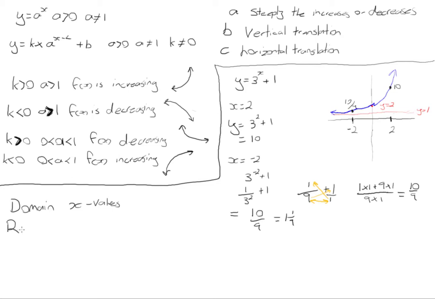And range is y values. So let's look at what values of x this can have. Well, we don't know how far off this side it goes. Eventually there'd be a point where it would just continually increase for very little x. But along this way, we know it's going to keep going forever, because we'll never actually hit this y equals